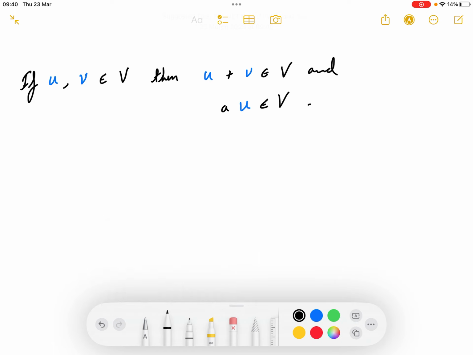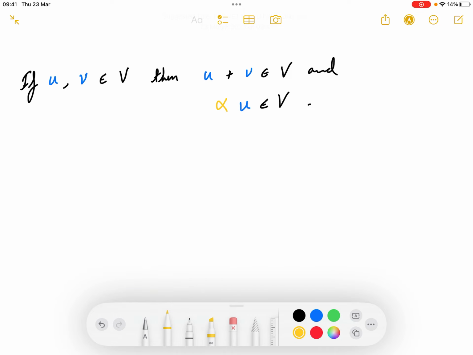And I'm going to make the scalars yellow, because why not? In fact, it's just the field elements, so I haven't called them scalars. There we go. So, for example,